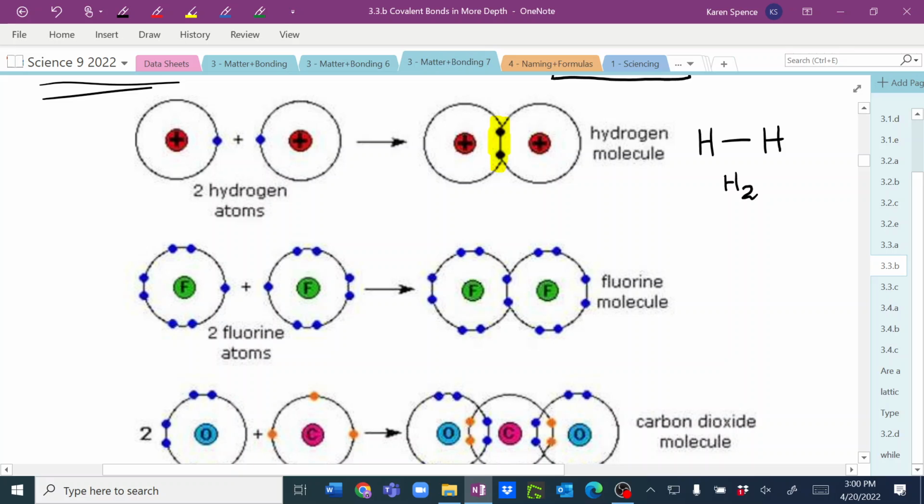Two fluorine atoms, they each have 1 gap, right? And so they share. How would we draw a fluorine molecule? An F, and then